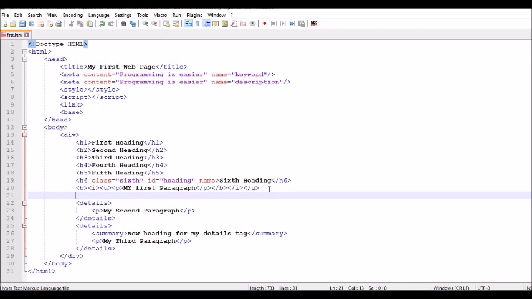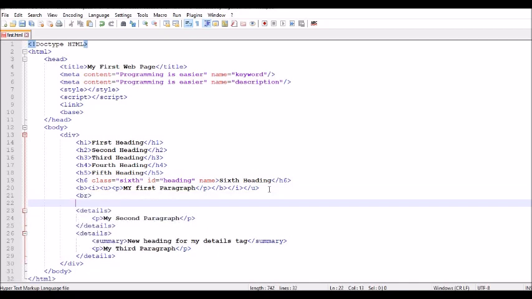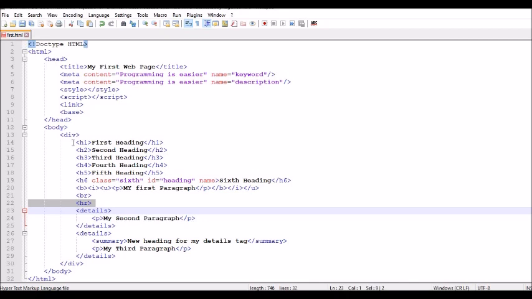Other than this, there are some other tags like BR and HR. BR is very similar to \n in C language, which is BR tag will add an empty space, right? So it will create an empty space in your coding, and HR tag will provide a horizontal line.